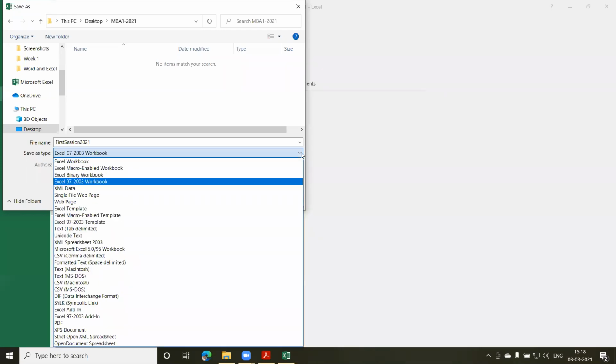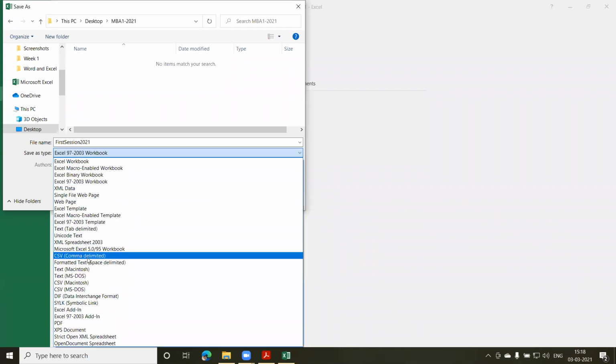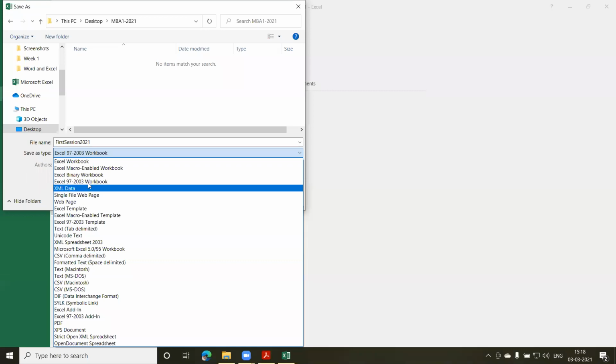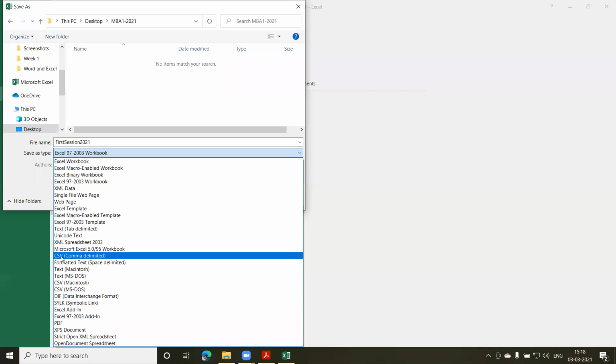Most frequently, I think people save their file in CSV format. So this is my CSV format, which is nothing but comma separated values in my file. And CSV files can be opened in Notepad as well in text format. And you'll find that each value is actually separated by a comma. You can also make use of a semicolon or space. It depends. But basically, you'll find that it is separated by a comma. So you'll find that people are saving files either in the Excel format or even in CSV format.